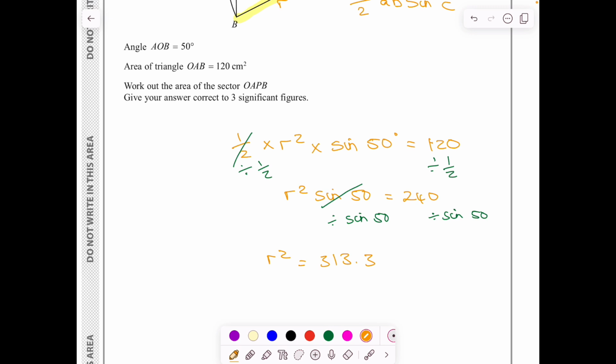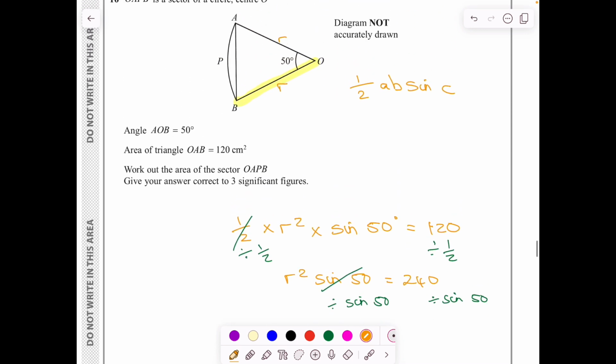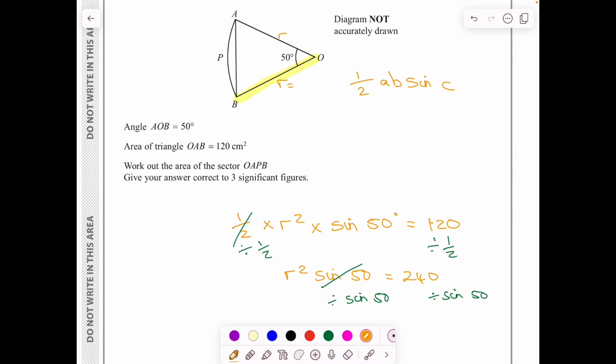I square root it, and I'm going to get that r equals 17.7. And again, I can leave it as my previous answer, so I can use it in a moment. So r equals